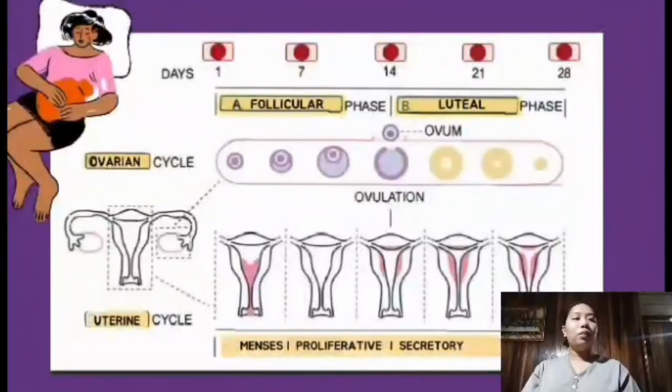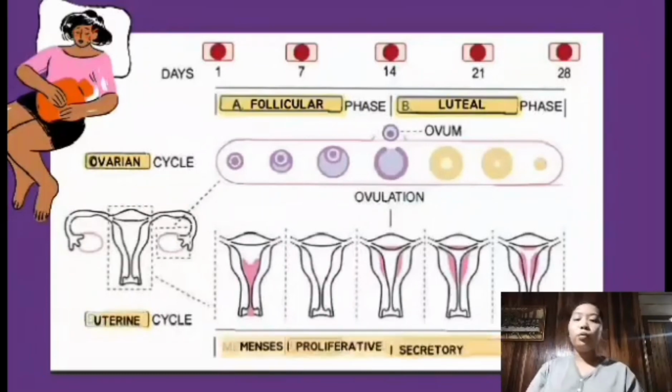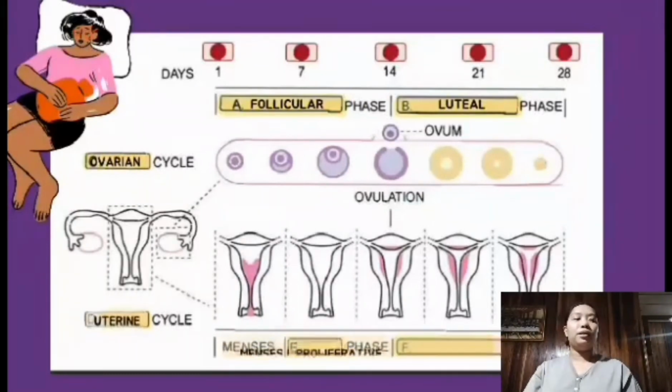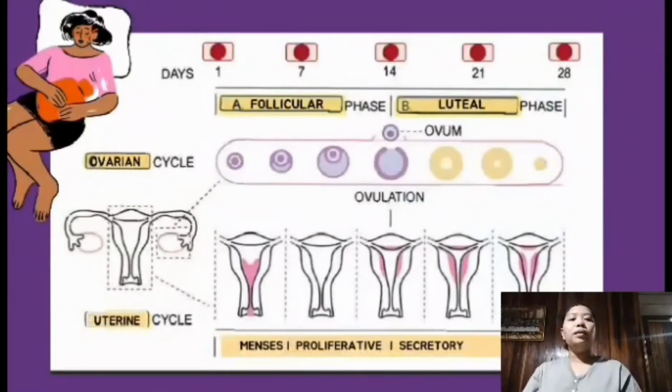Kanang days bitaw nga 1, 7, 14, 21, and 28. Ang 1 to 14 is follicular phase. Then, ang 14 to 28 is luteal phase. Ang follicular kay kanang female menstrual cycles includes the maturation of ovarian follicles to prepare one of them for releasing during ovulation. Tapos ang luteal